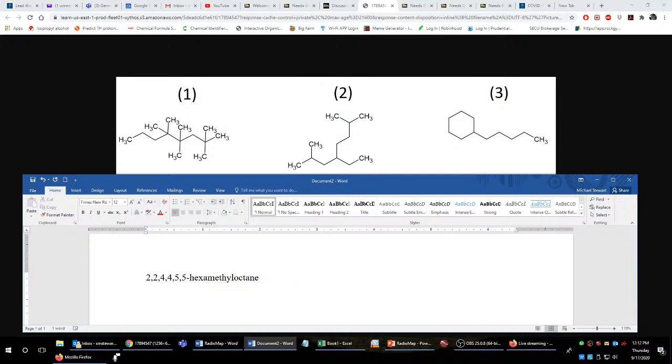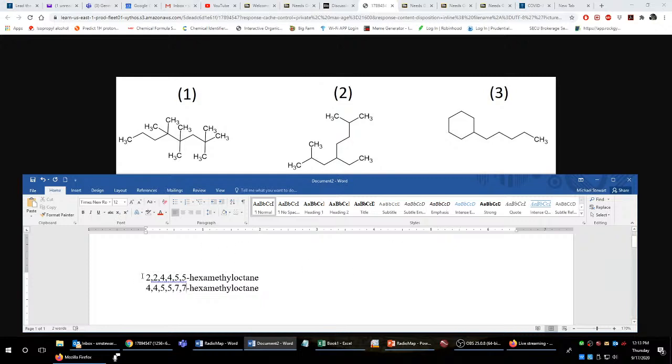So I would call this compound 2,2,4,4,5,5-hexamethyl octane. Now, if I were to go from the other end of the chain, let's say I start from the right side, I would have, let's see, 1, 2, 3, 4. I'd have 4, 4, 5, 5, 7, 7